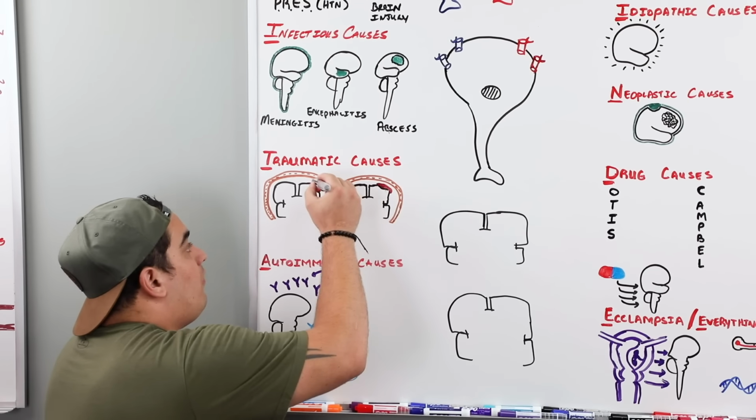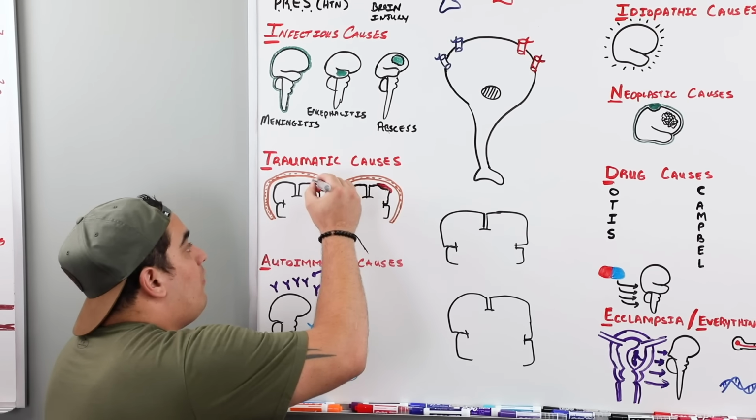The next one I want you to remember is autoimmune causes. There's some type of antibody-mediated activity on the actual brain tissue causing some type of autoimmune encephalitis to be present. One of the big triggers to remember is a very common autoimmune disease that can trigger antibodies to attack the brain tissue, and this is called systemic lupus erythematosus. So please remember that one.